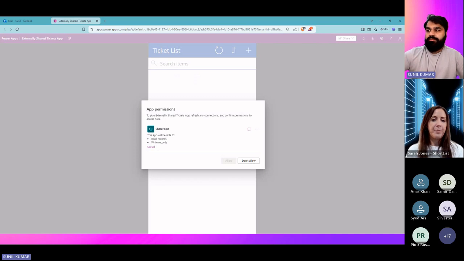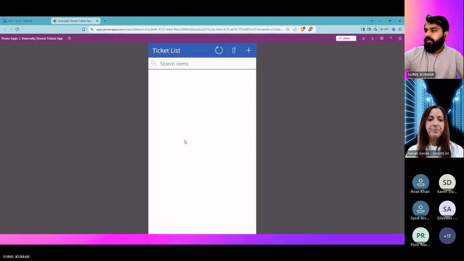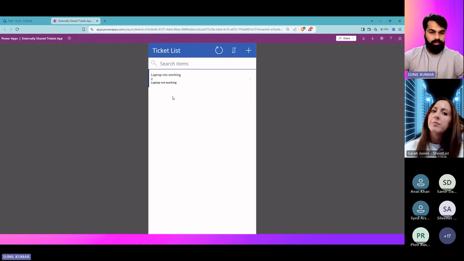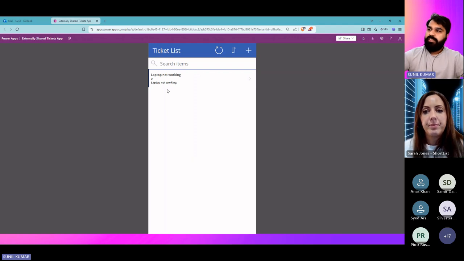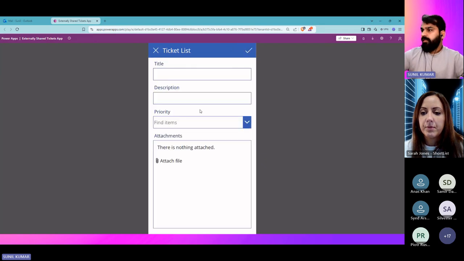Now it will show the simple dialog box which always comes as a consent. I click allow. This is the first time so it is taking time. So right now you will see that the other ticket which was created by Sunil is also showing up here. We can always have this gallery filtered based on the logged in user so that it will not show. That was what I was trying to do earlier, but